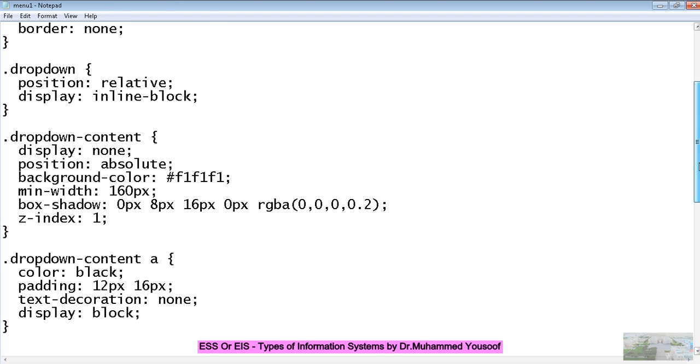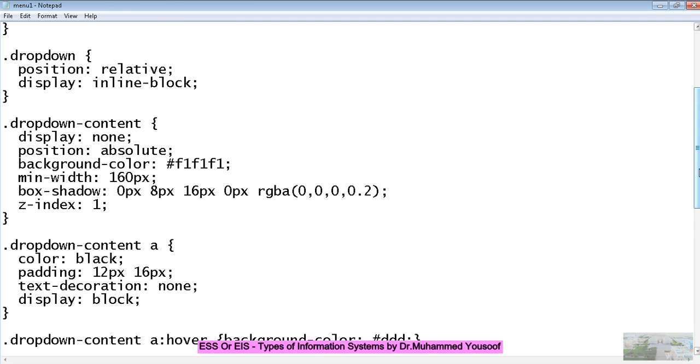Then we have, when you hover, when you select the content, what is going to happen? That is the style which I am defining here. So I am applying different styles for different situations. One is for the item itself, drop button, drop item, and also I am changing the properties for the content of the items, and also I am going to see that when I keep the pointer over anything, what is going to happen.